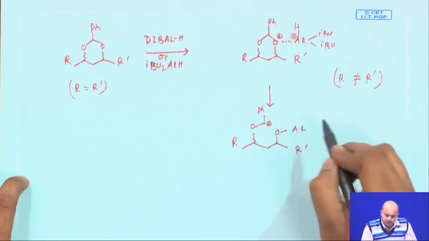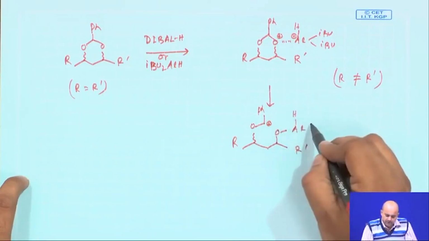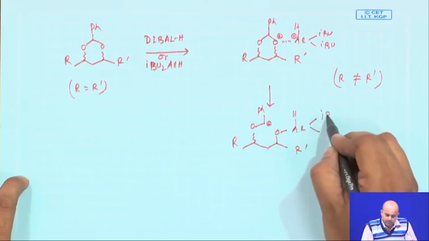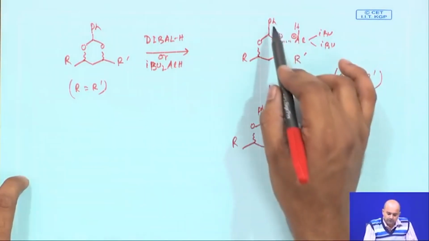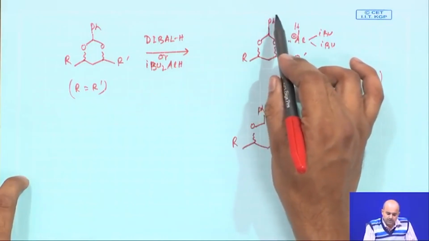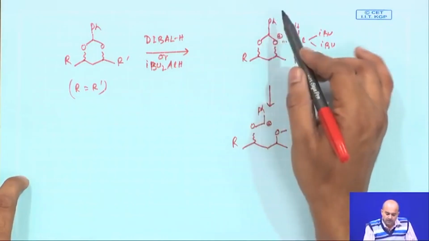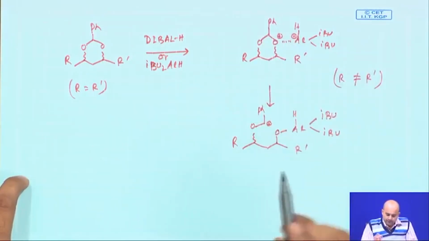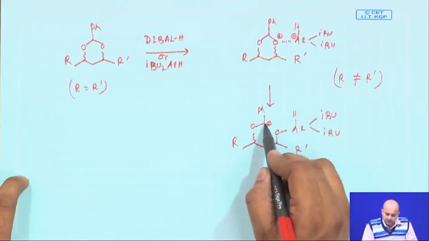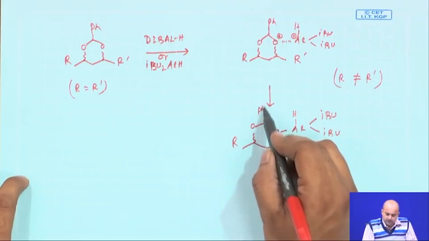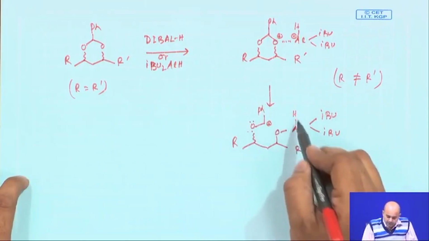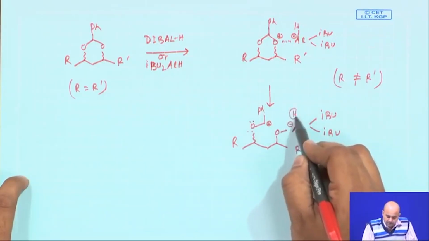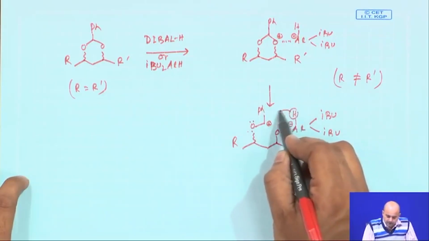So, a benzyl cation will be generated here. If R equals phenyl, it could be a simple benzene ring, or it could be paramethoxyphenyl. Now, this is a benzyl cation, which is stabilized by the phenyl ring resonance as well as this oxygen lone pair. Now, the hydride from this DIBAL is transferred,